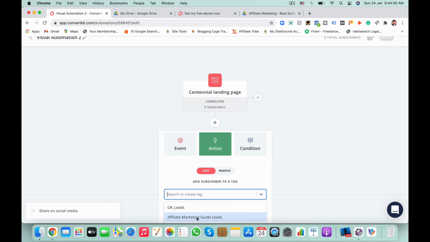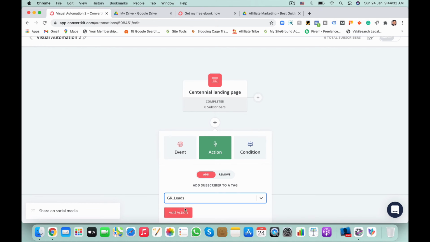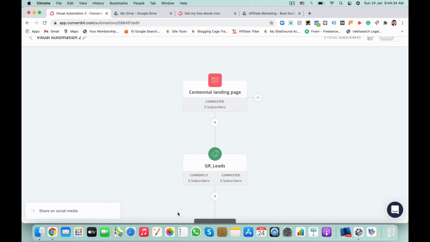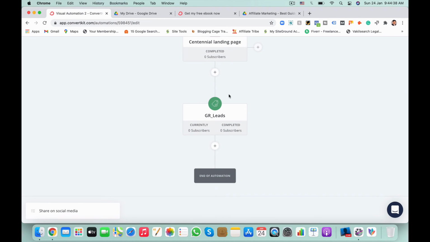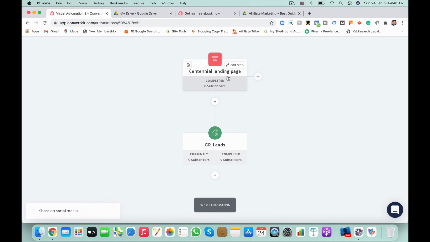For example, I use gr_leads, add action. So once we have the form, the action will be to tag the subscriber with gr_leads.